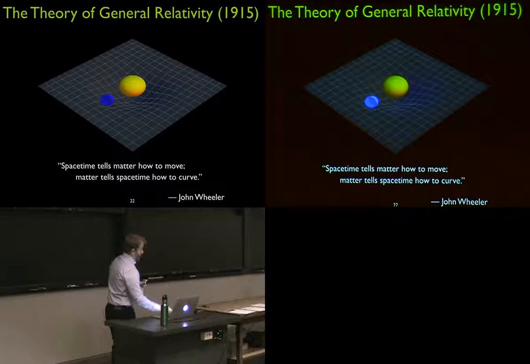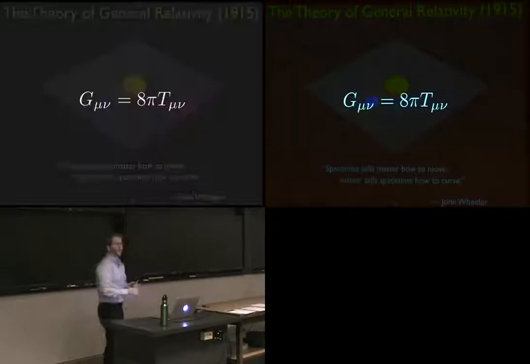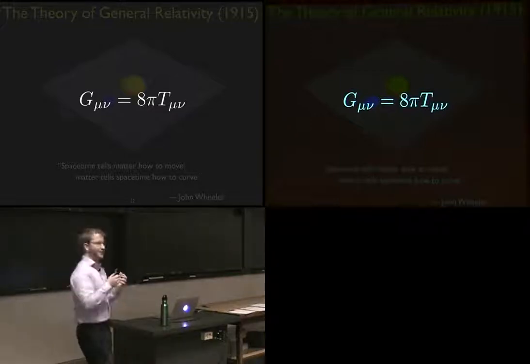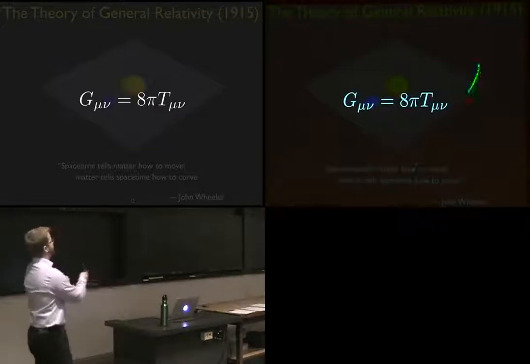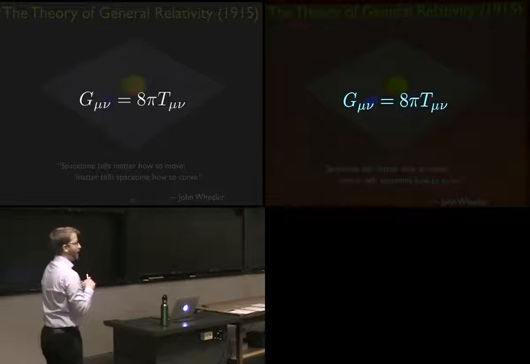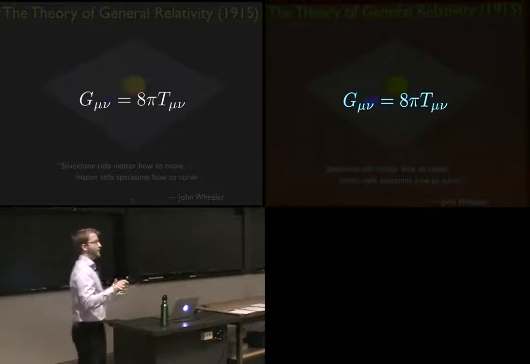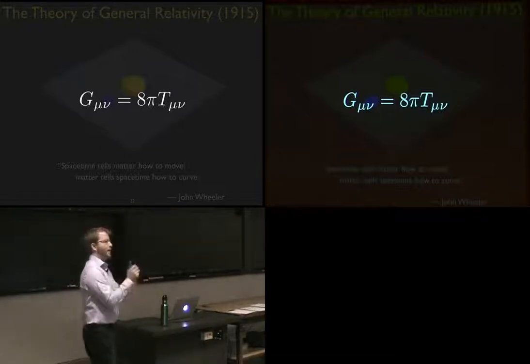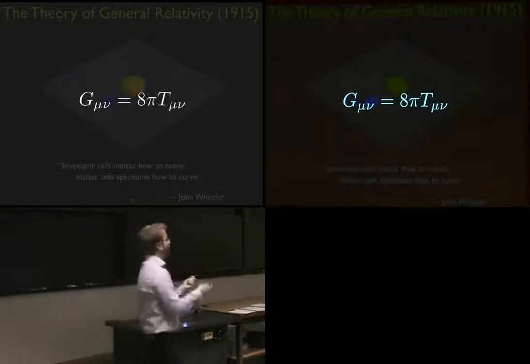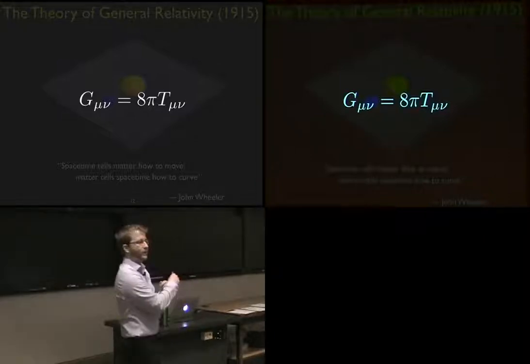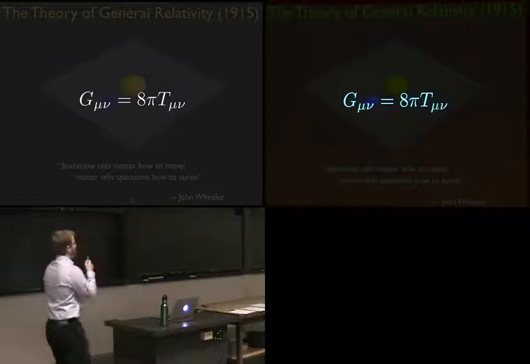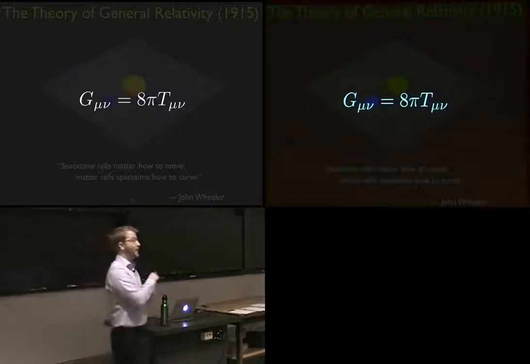And the field equations, the final mathematical picture that Einstein painted, is deceptively simple. This is really all of Einstein's field equations in the absence of cosmological constants. This here is a tensor that describes a distribution of energy and mass. And this here is the curvature of space-time that it causes. It's a really simple equation, but Einstein himself thought it was impossible to solve this equation for any realistic situation.